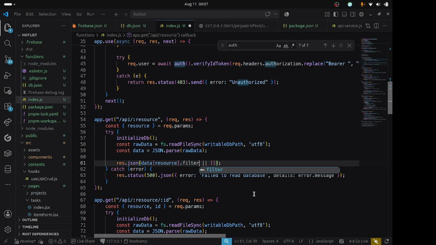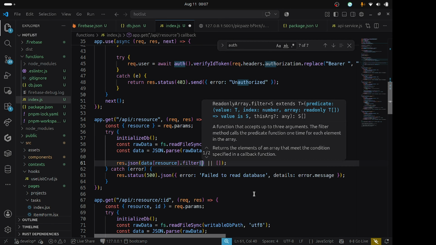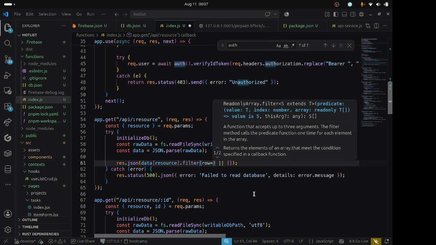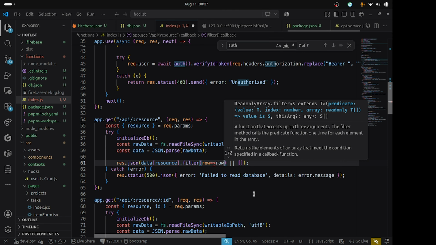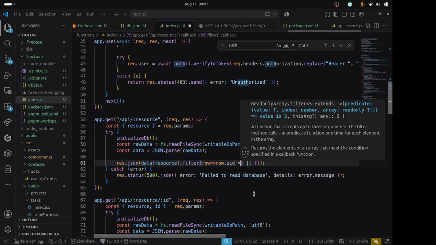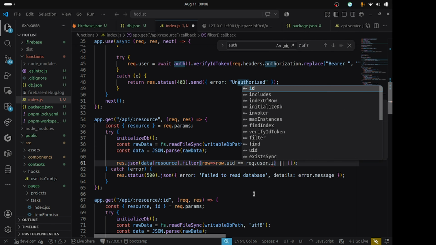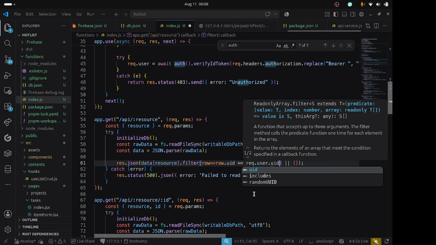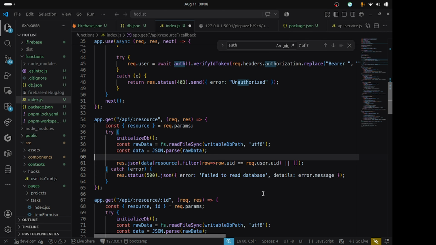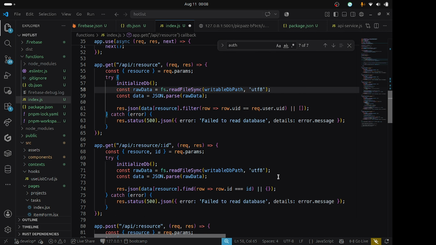filter resources. So filter arrow dot uid is equals to request that user dot... so that can give us what you're looking for. So itatupatia hiyo. Kuja hapa tukitafuta data, tukifind